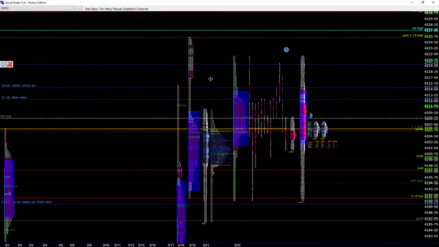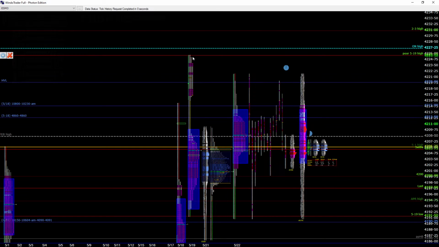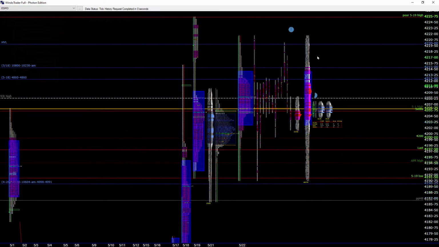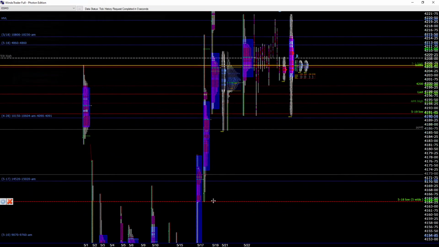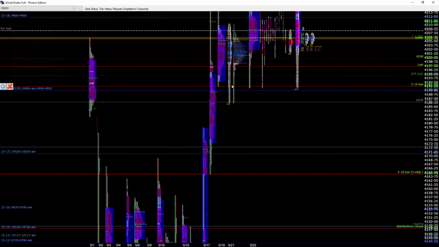Now the upside, this one is no good. This high is no good. It couldn't reach it, but it's still there. We have overnight high, or the market high made in the overnight. Weakness in the upper side. Non-excess in the lower side.